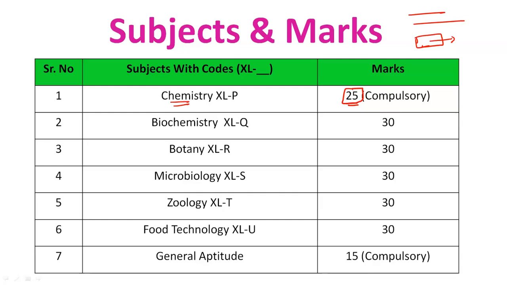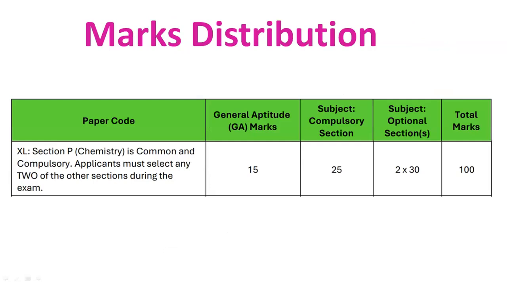Afterwards there are two optional subjects. The compulsory subject is Excel section P, which is chemistry, for 25 marks, and the other two sections which we have to attempt will be optional subjects which will come for 30 marks each. As we all know, if it is a GATE examination, you have to attempt the general aptitude section of 15 marks. In the Excel section the general aptitude comes for 15 marks, and two optional subjects you have to attempt,